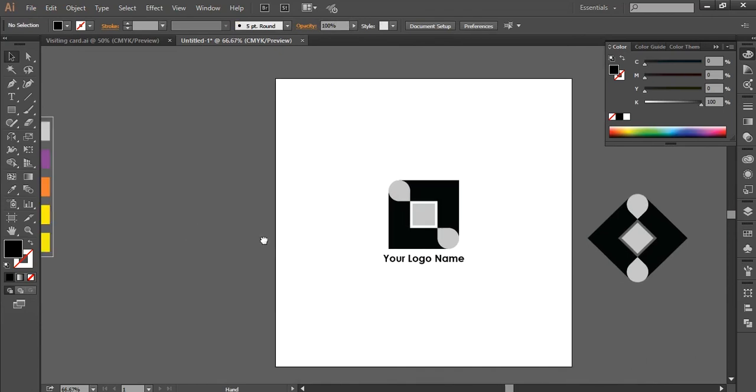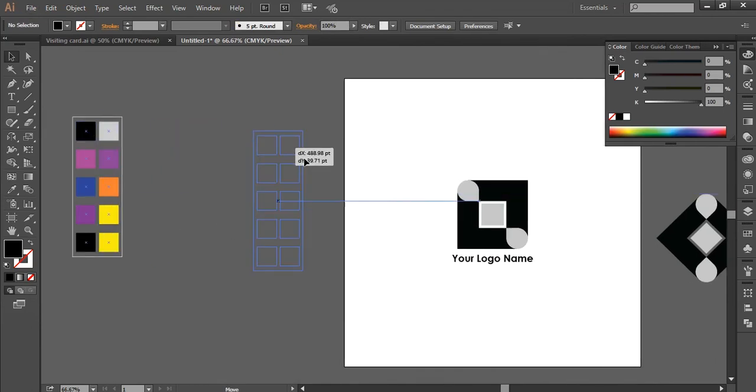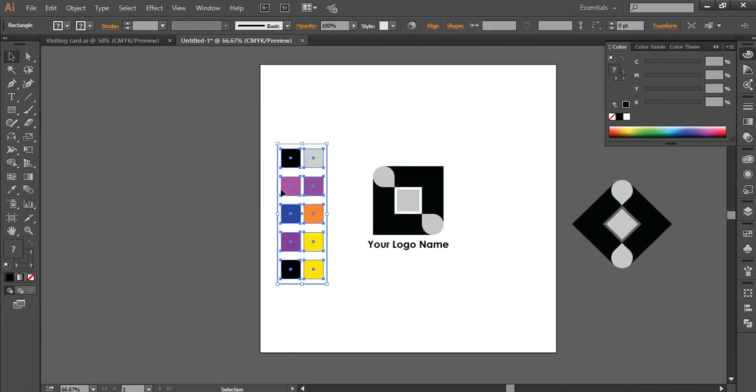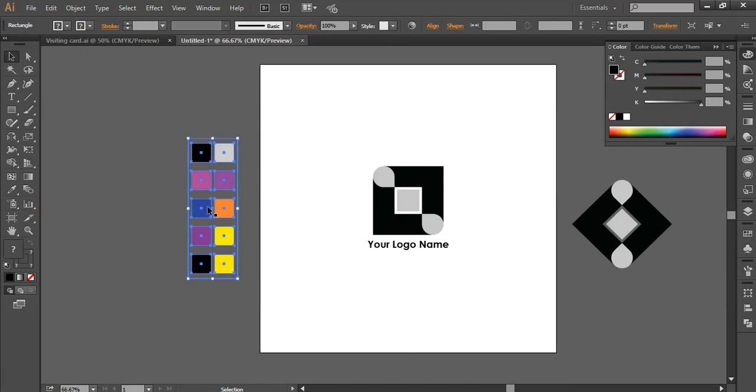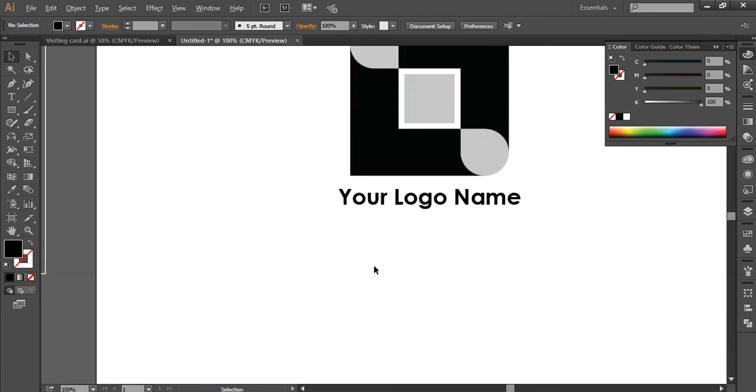As you can see, I have also created my own color swatches. You can also create your own and apply it all over your logo to see